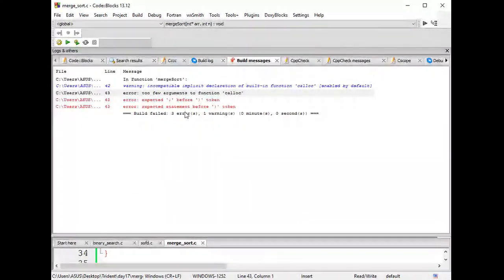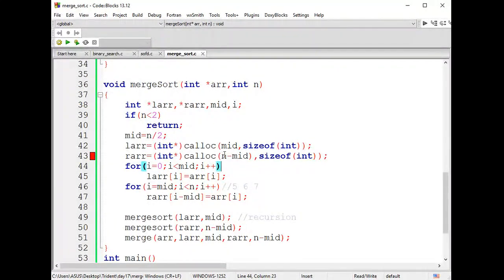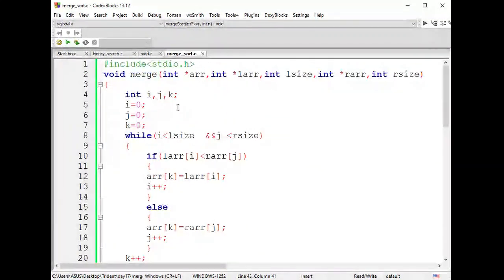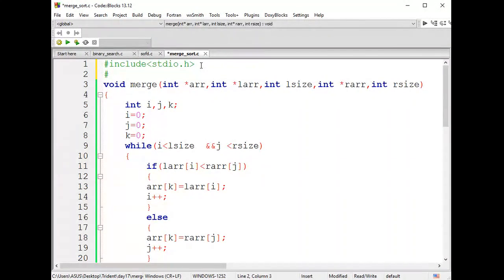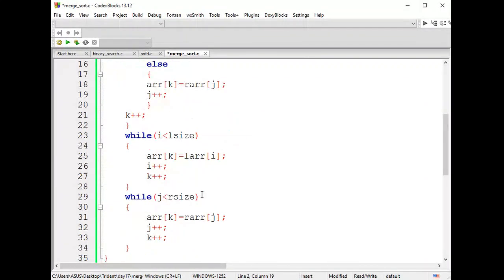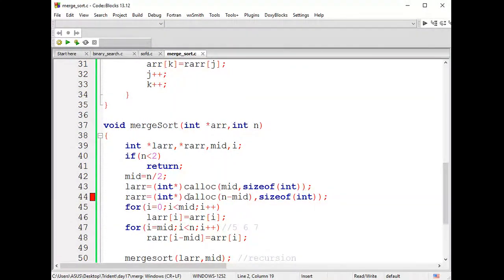Let me check above. I'll include the header file for malloc, guys. Include stdlib.h. I guess everything is right. Malloc followed by n minus mid. This is right. Okay.